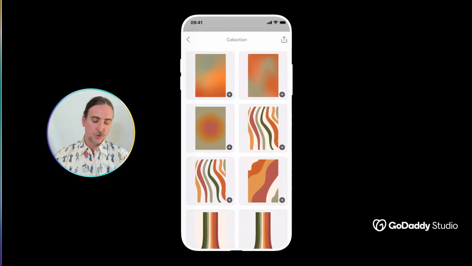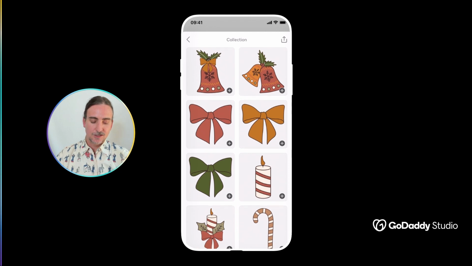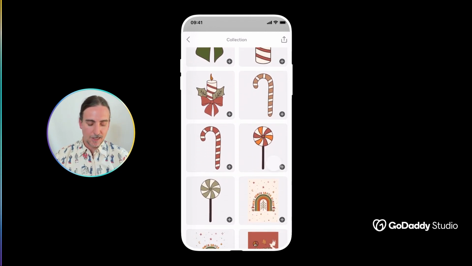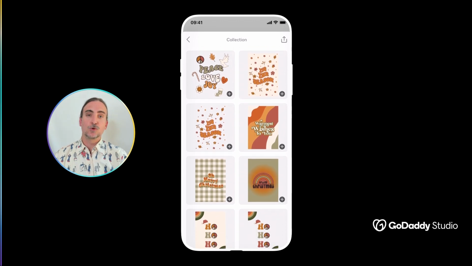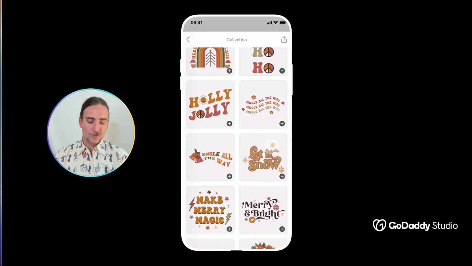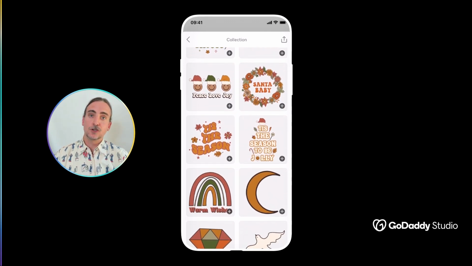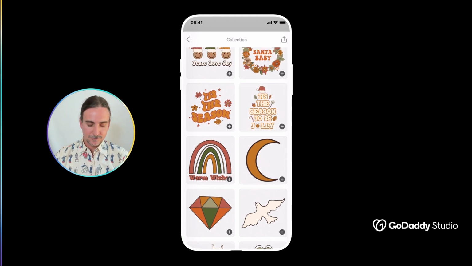In a similar vein, in the retro feeling, we also have this retro Christmas collection, and this one perhaps draws a little bit more from the 60s and 70s, if you'll notice by those distinct brown, orange, yellow color palettes. There are also some elements related perhaps more to the hippie culture of the late 60s. So this is again another really interesting and on-trend way to give your Christmas cards, your Christmas content, a very unique look and feel this year.